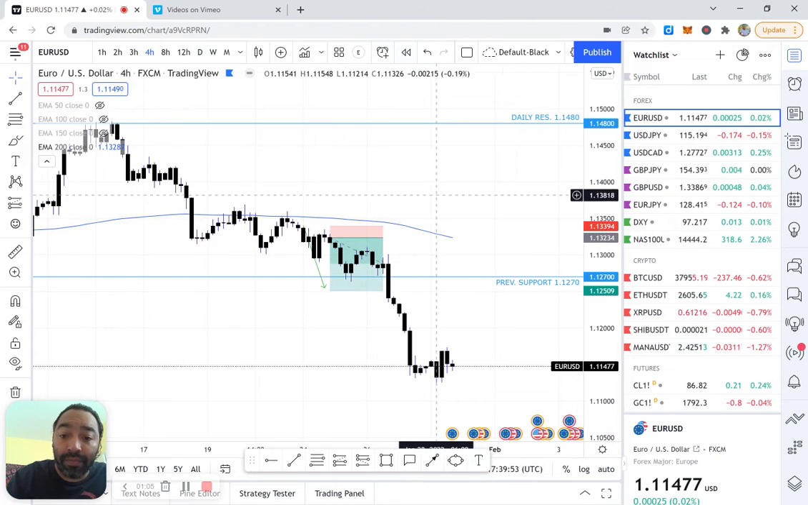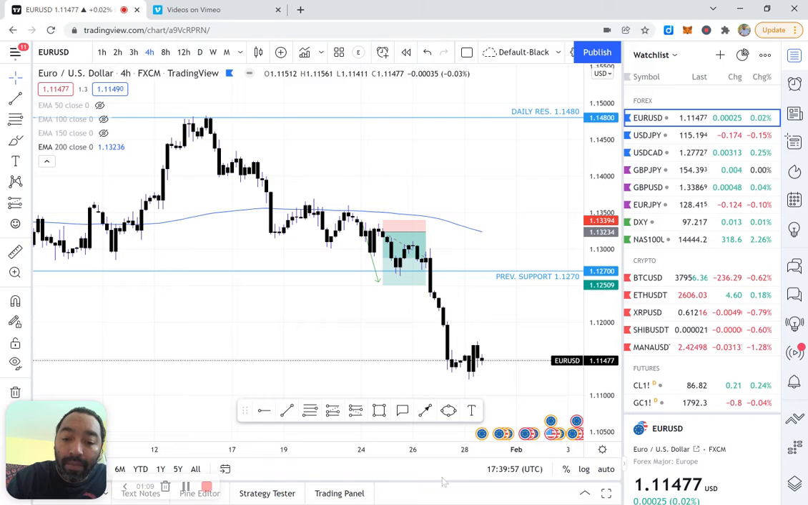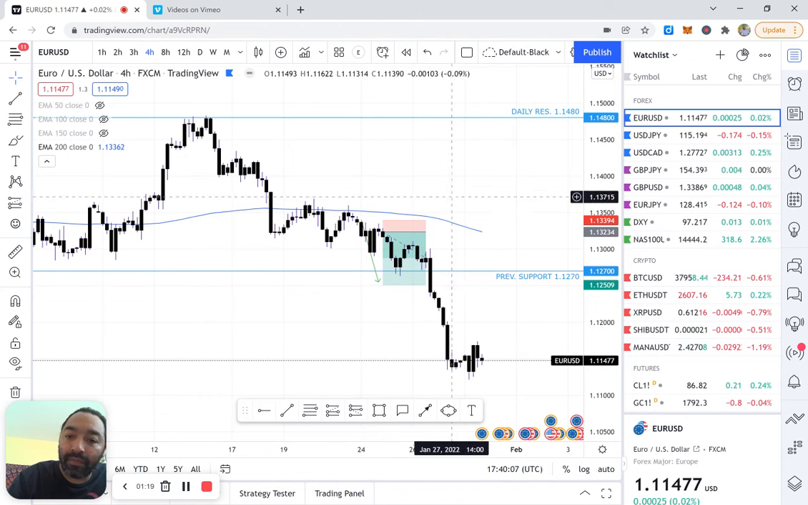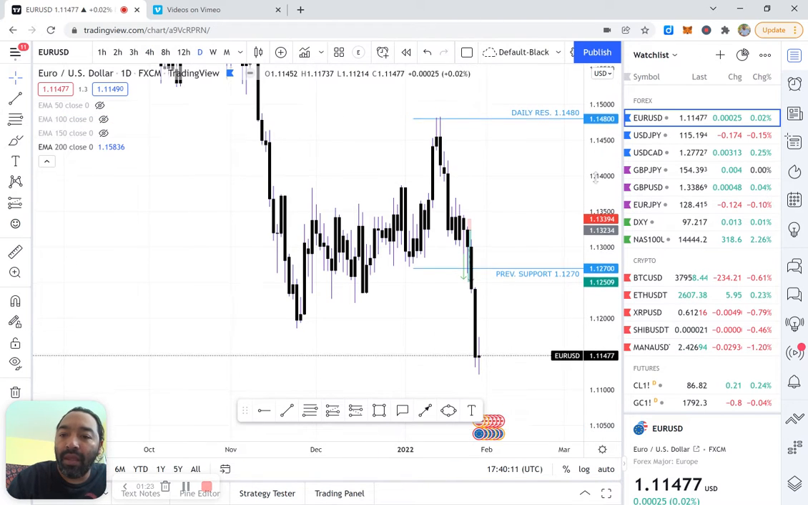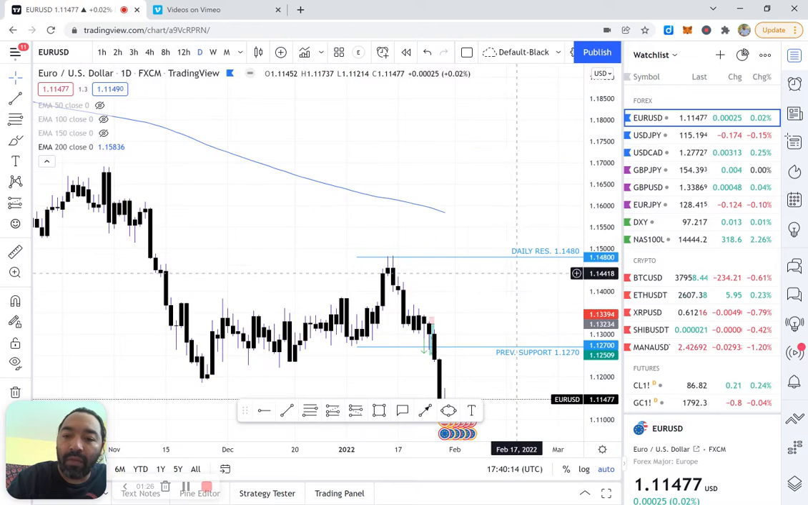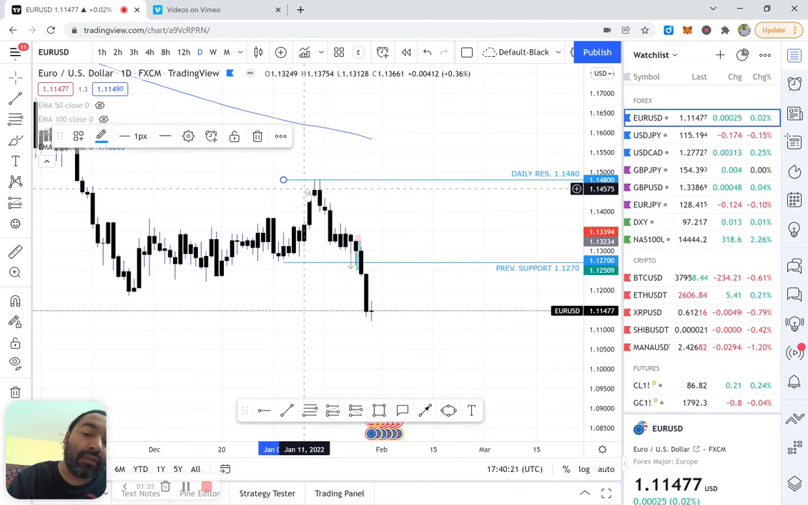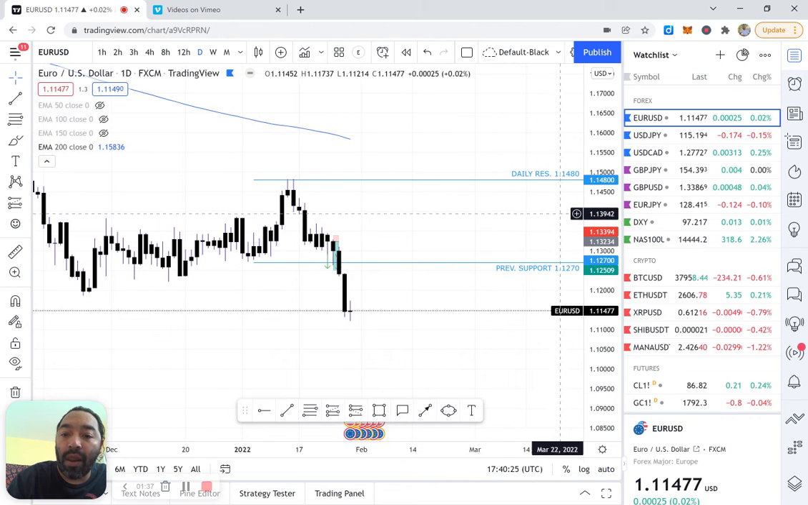So first, EU. This is how I normally go through my analysis. So first, I look at the daily, and I use the daily to help me find support and resistance. Since we had a downturn, since we had a bearish week last week,